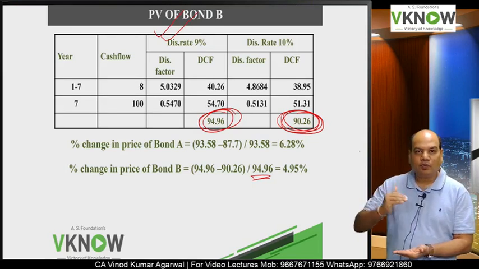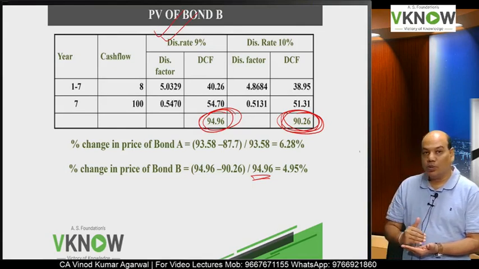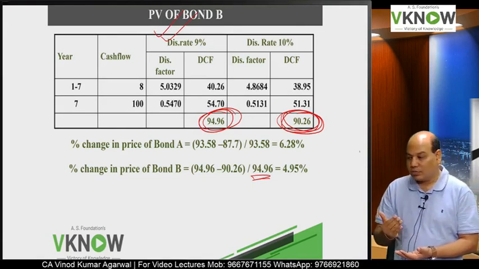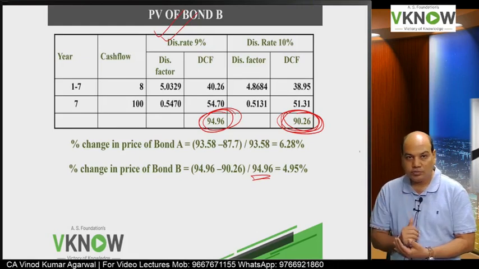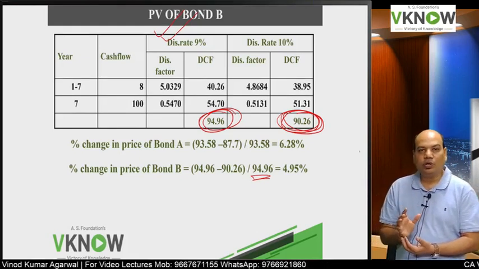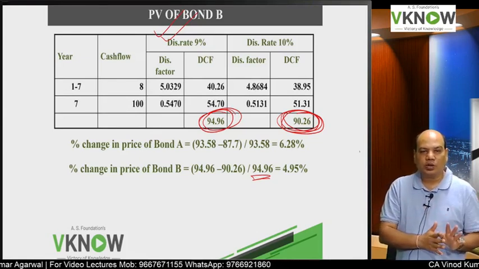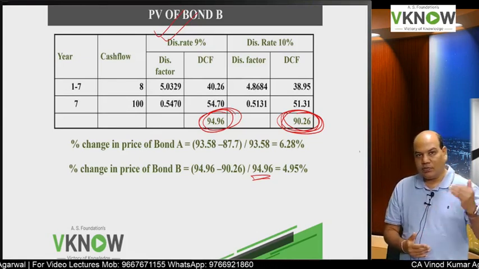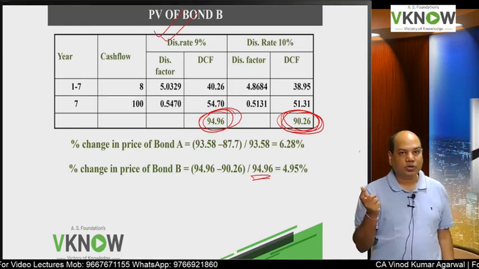If the YTM falls, what will happen? If the YTM falls, the bond price will rise, and the bond price will rise more in case of long term bond. So from risk point of view, it is very risky compared to a bond with shorter term to maturity. But yes, if the YTM will fall, the bond price of a longer term to maturity will rise